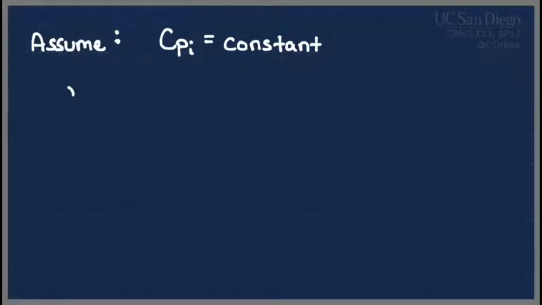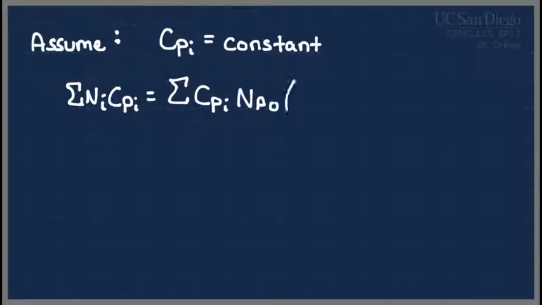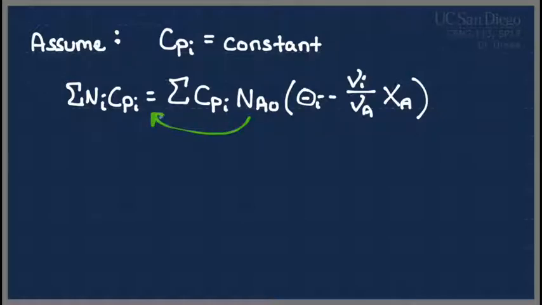What had we written? We had said moles I, C sub pi, is equal to the sum of C sub pi times n sub A0 times theta I minus stoich of I over stoich of A times x sub A. Okay, so where we had left off, we're going to take that n sub A0